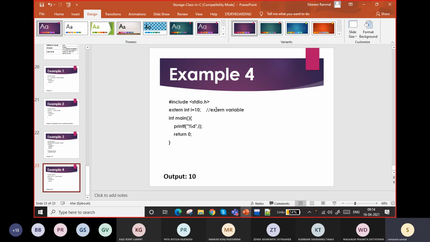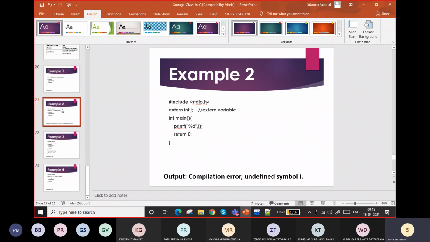Whenever you are defining the external variable, you need to initialize this. Extern int I equal to 10. If you define this extern variable I equal to 10, you need to assign the value. Therefore, it is not giving an error. If you go here, the value is not initialized.